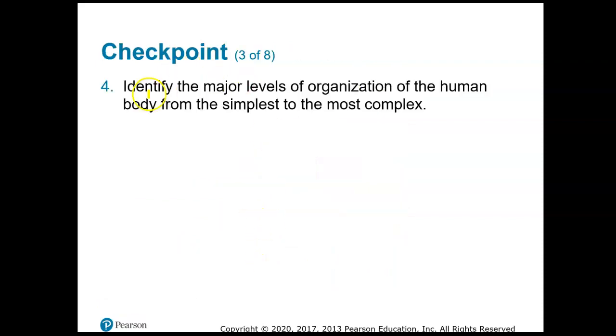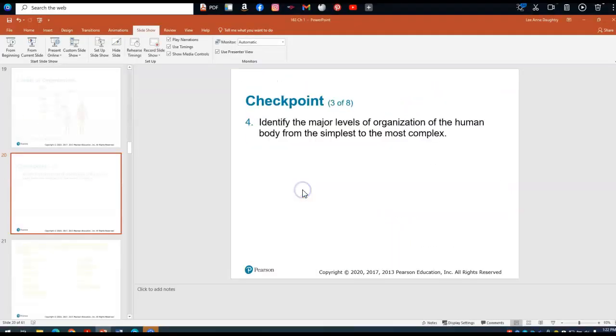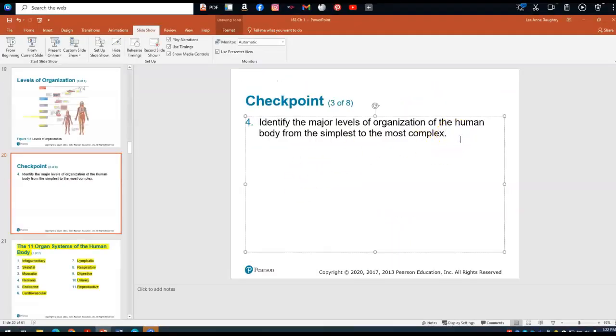Okay, so it says identify the major levels of organization of the human body from simplest to most complex. So let's answer this one. I just want to type. Hopefully I can. So we want to go atoms,